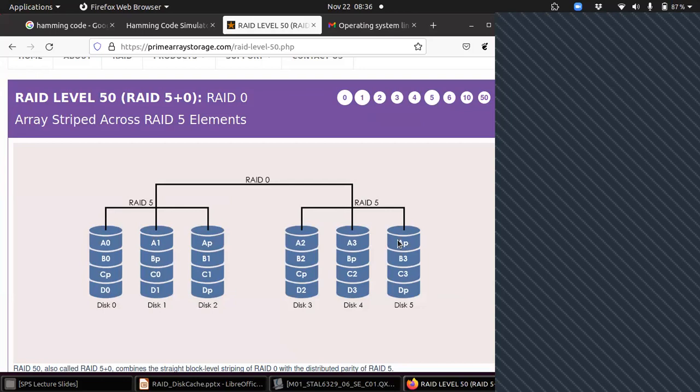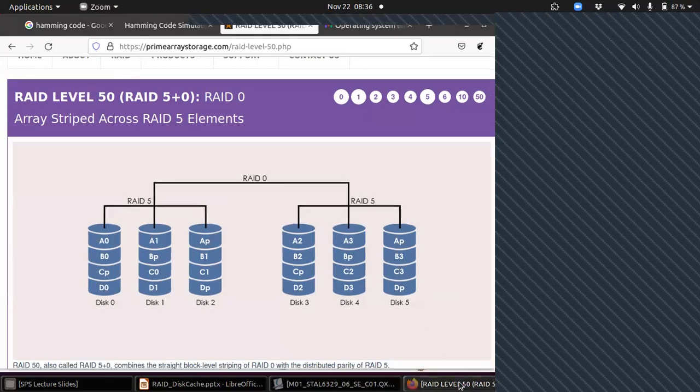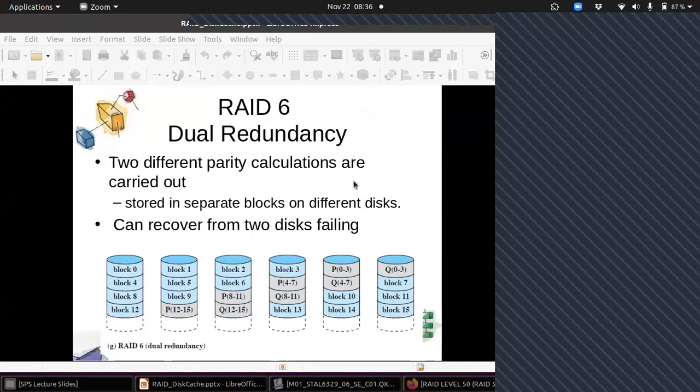Are you clear with this? Fine. So this is about the RAID storage system, and they are quite used with servers, especially database servers. Have you ever heard about RAID before this?